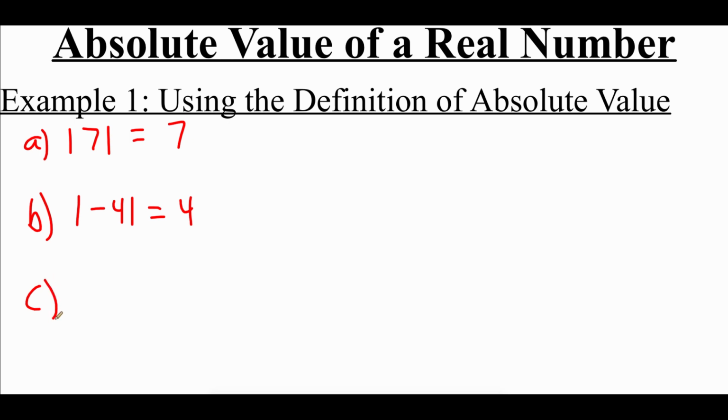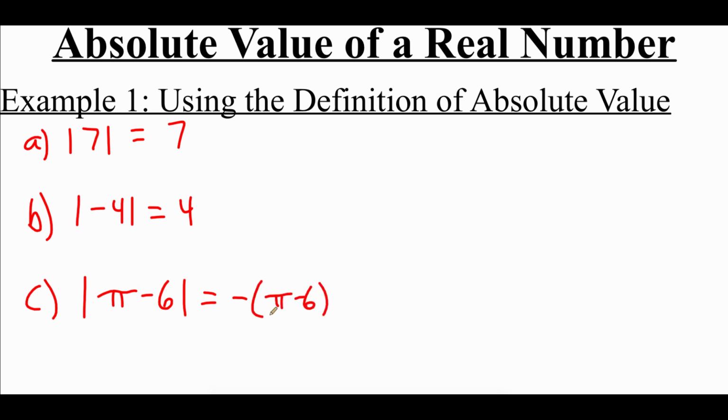Our last example might look a little trickier, but what we're going to look at is the absolute value of pi minus 6. Now, we should remember that pi is about 3.14. So if we take 3.14 and subtract 6 from that, we're going to get a negative answer. So here, because our a value on the inside of our absolute value brackets is actually a negative number, then our answer is going to be the opposite of whatever that a value is, so